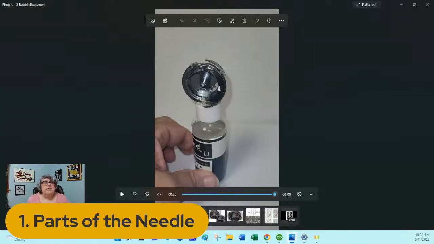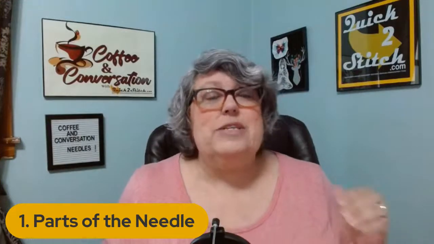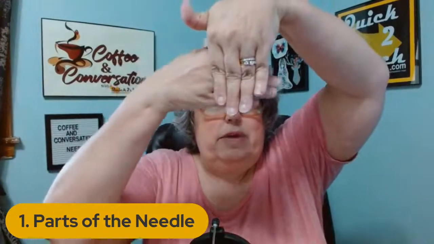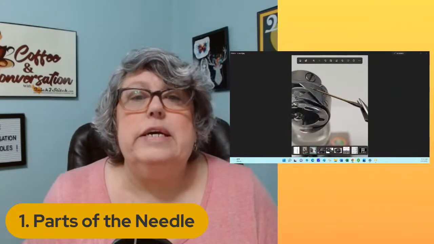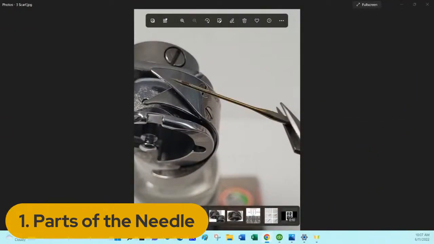Sorry, I've lost my place here. Oh, there we are. The hook is what catches the bobbin thread. And there needs to be space behind the needle to catch that bobbin thread. Sorry, remember I'm new to this, and I don't think you can see this. It's not very large, but the scarf, again, is right here. Pull out any needle that you have for any machine that you use and turn it over to the back side, and you will see this scarf.